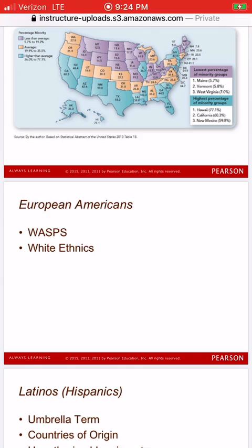brush strokes of individuals in which they said they didn't like them. They didn't want them necessarily in the country at that time frame. And so that you have that little bit of a background, the WASPs are an important concept to know because of those deeply rooted prejudices that occurred.